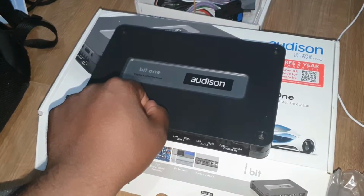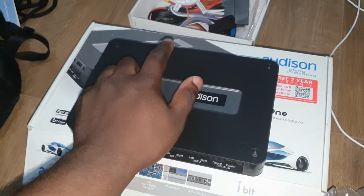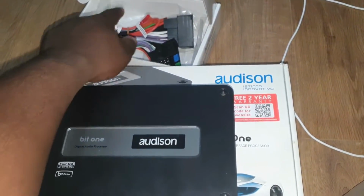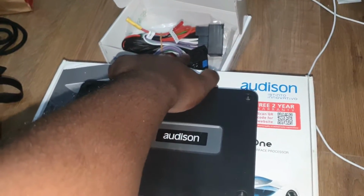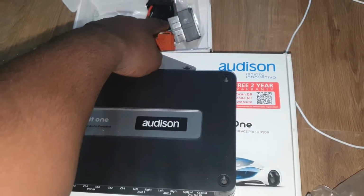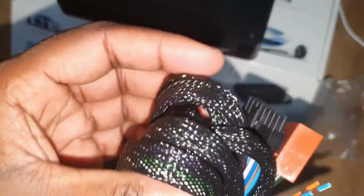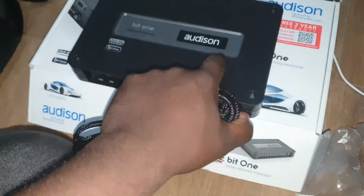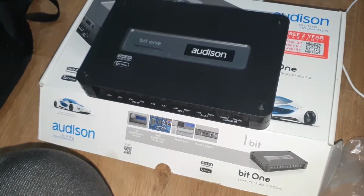So this is going to be underneath my passenger seat. We're going to have the cabling going to it from the original head unit. So this goes from the original head unit. It's got the power. I think we've got ground in there as well that could run. But it goes in between my cabling for the standard head unit, speaker outputs, and then goes into this little device here. And then that goes into this for audio. So I have to rip my dash out to hide all these cables,